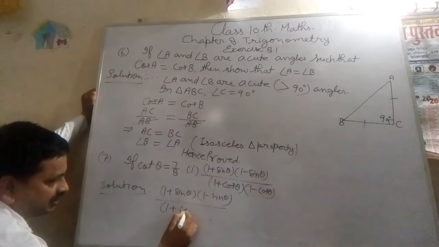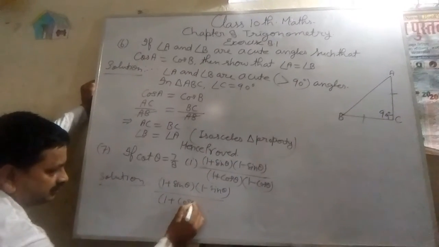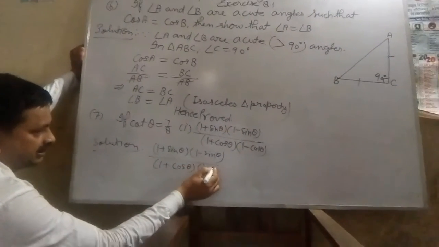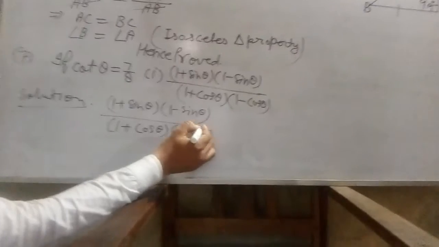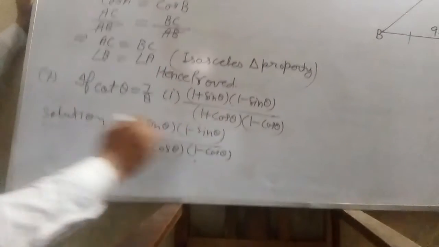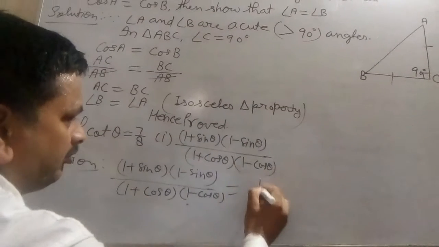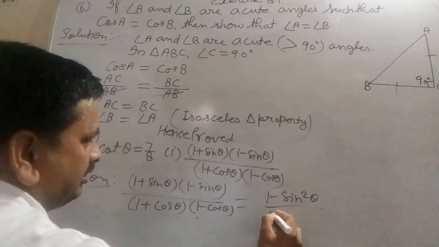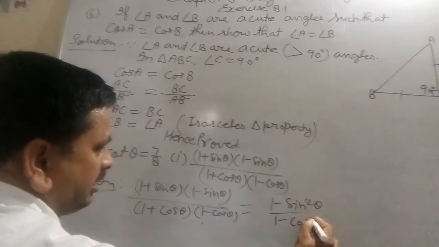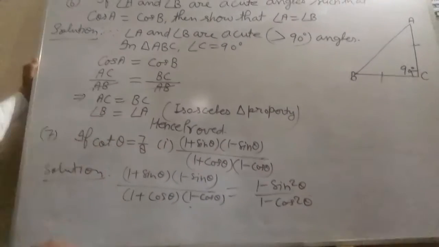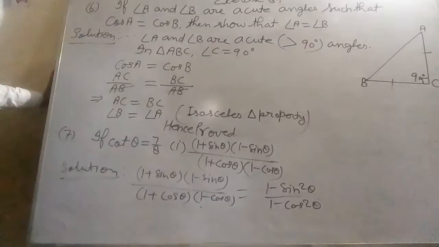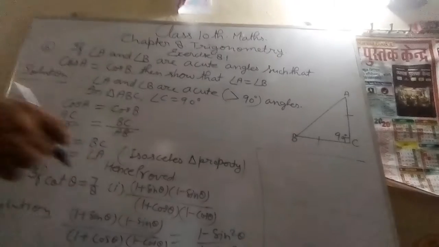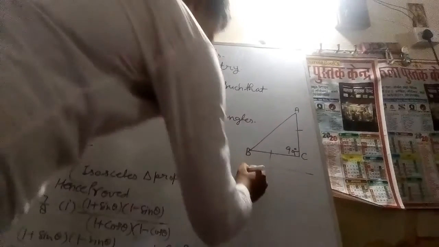And again 1 plus cos theta into 1 minus cos theta equal to 1 minus sin square theta upon 1 minus cos square theta. 1 minus sin square theta equal to cos square theta